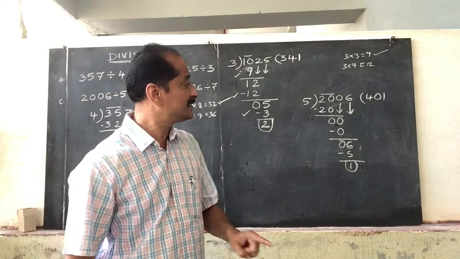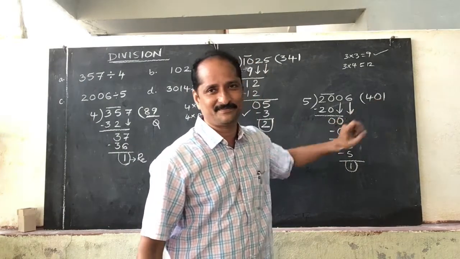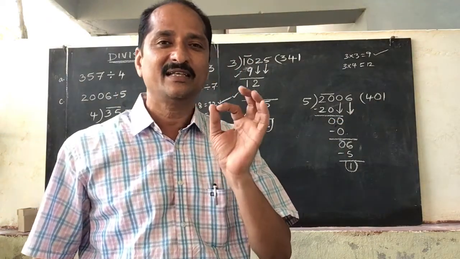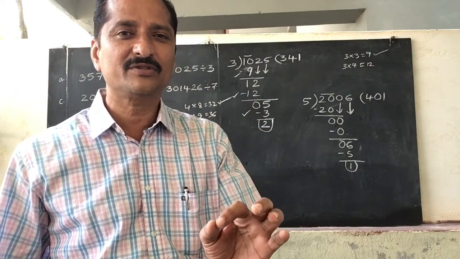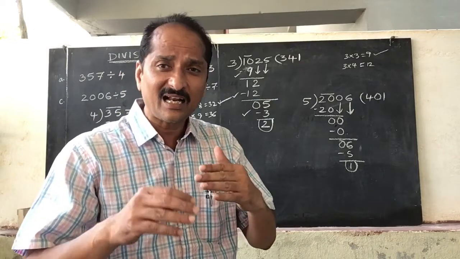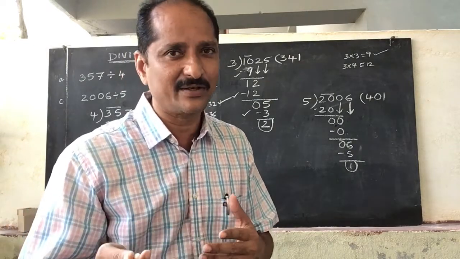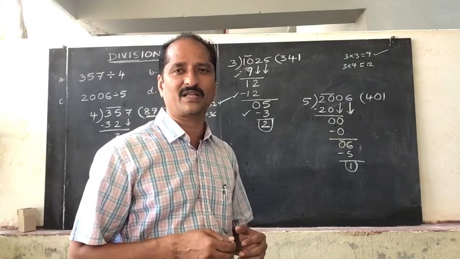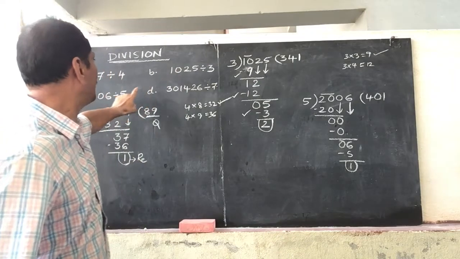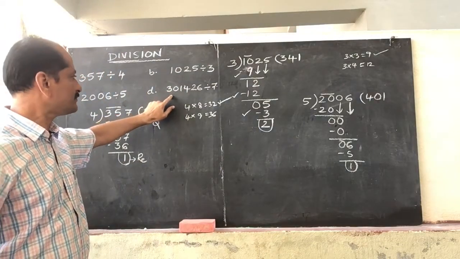Sometimes some members will bring down like this, but they will not keep 0 here. If you are not placing 0 there, the division will become wrong. We should know how it became wrong. For that we can check the division, and we can also do that checking after these divisions. Okay, now the third one is completed and the fourth one is this one. Take this one, the fourth one.